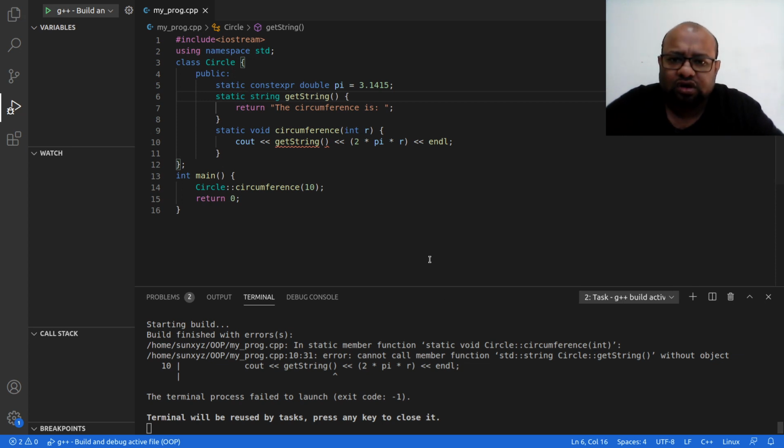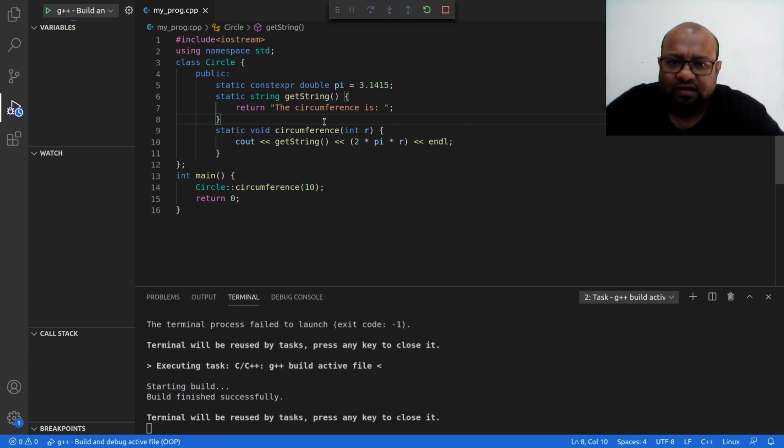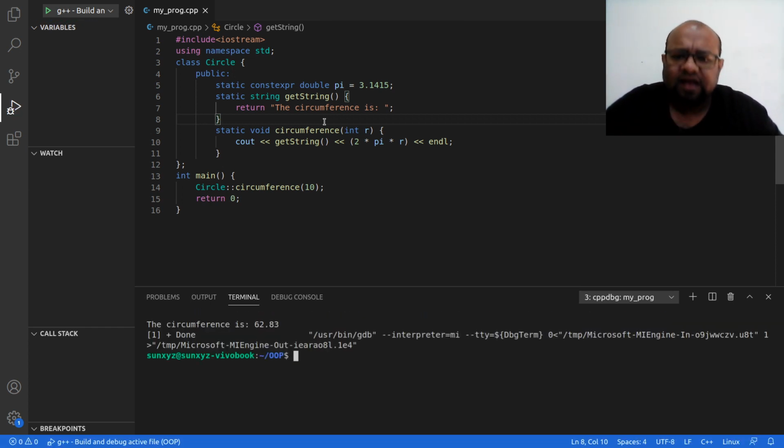If I want to call this getString method from inside my static method, I need to make the getString method static as well. So I can call only static methods, and I can access only static data attributes from inside my static method. Let me compile and run this, and I get the output that I expected.